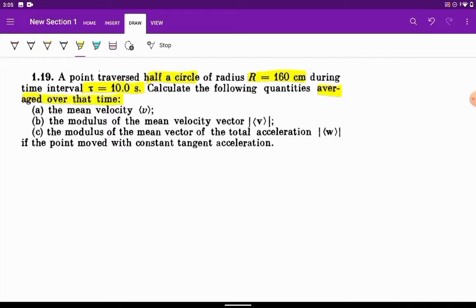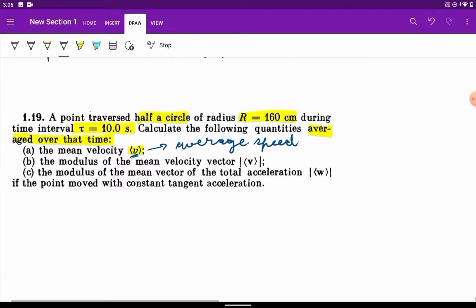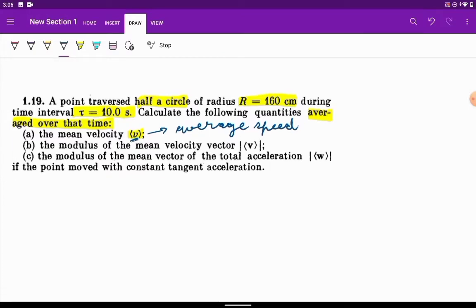The mean velocity v. Okay, so here is a catch. This is something that is present in Irodov. This is v, which is not in bold, which means it's not a vector. So it basically translates to the average speed, since it's not a vector, sign is not present. Whereas the second part, the modulus of the mean velocity vector, is very clearly written as the mean velocity vector, the magnitude of that. So this is clearly average